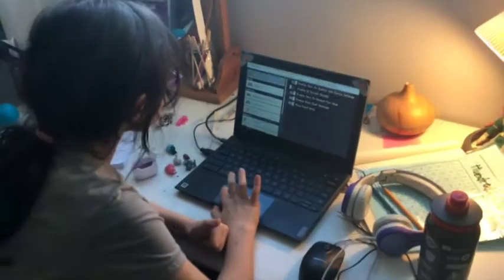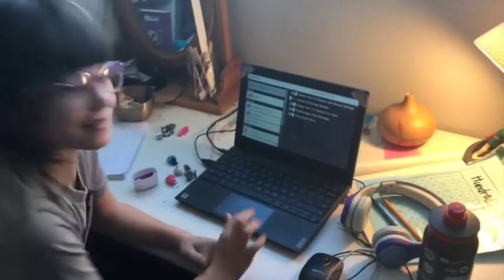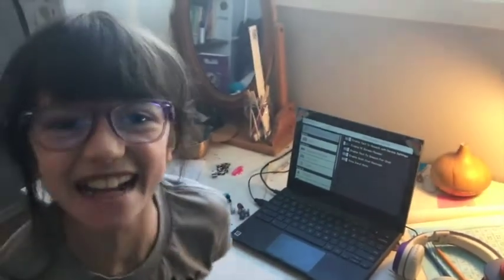Oh look, my child is playing Minecraft instead of doing her computer work. Hey! Kate over here is not a teenager, although sometimes she rolls her eyes like one. So if I just say something to her like, hey Kate, what did you do at school today? She's gonna say,